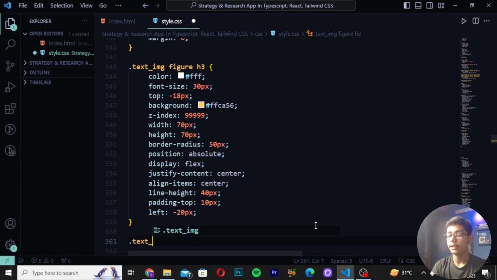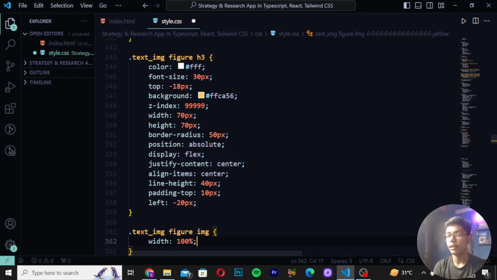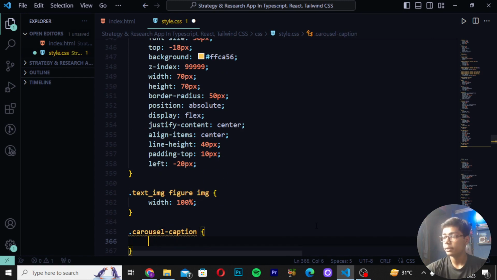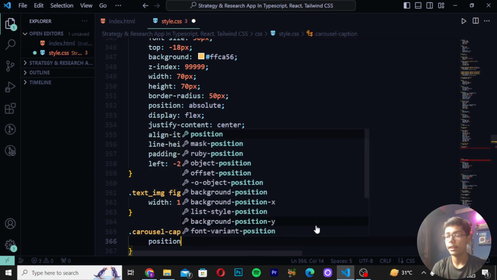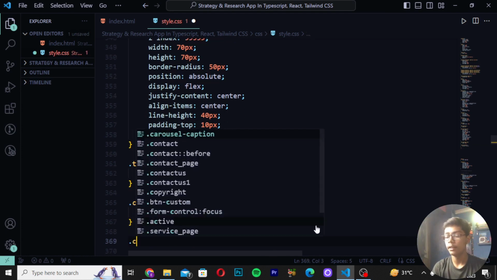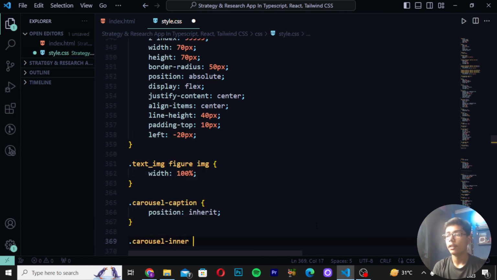Then write here text image, and I will be writing here figure as image, and then you have to write here width as 100%. Then you have to now write here carousel caption. So here I will be writing like this. And in carousel caption, I will be using the position as inherit. Then you have to move down and create here carousel inner. And here I will be writing